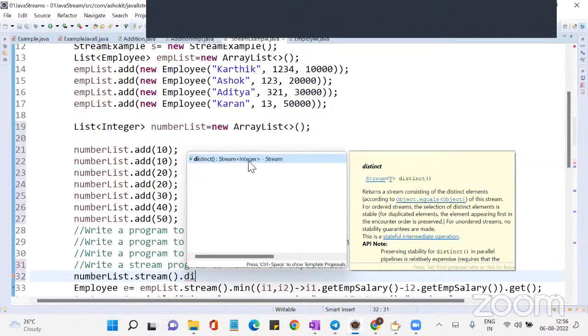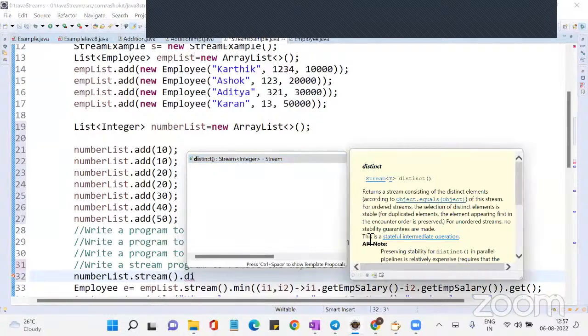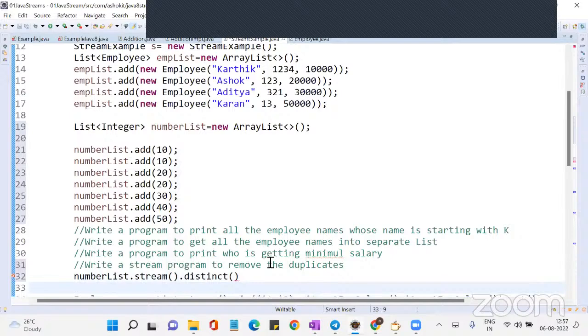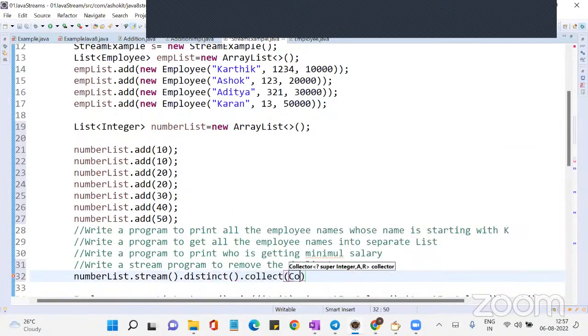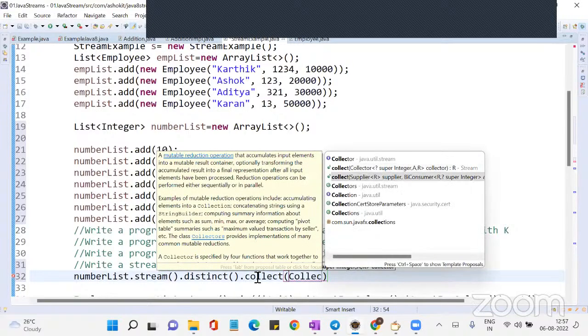What is it returning? It is returning a stream of integer. And what is this operation? It's an intermediate operation. This is a stateful intermediate operation. That means an intermediate operation is something which will not give you the output unless you use some terminal operation. Now what I will do on top of this list is collect, Collectors dot